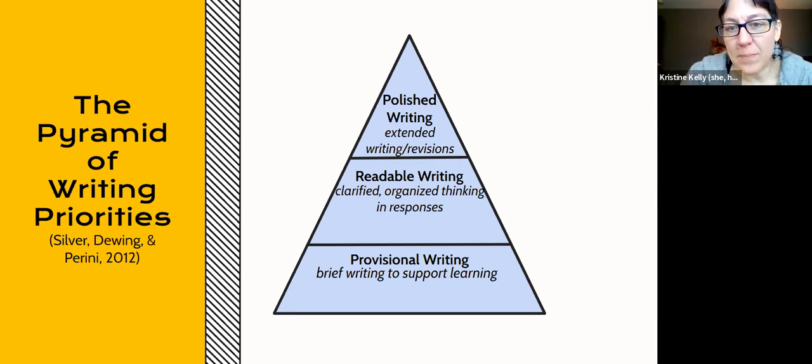It can be a 10-page paper, but notice that the biggest part of this pyramid is what's called provisional writing. And if you don't want to call it that, call it low stakes writing. It's brief writing to support learning. This is the kind of writing we need to find a way to do every time that we have students. It might only be 5 minutes, but this is a base, and it not only gives students opportunities to demonstrate thinking, deepen their comprehension, but it also provides them with some positive experiences with writing